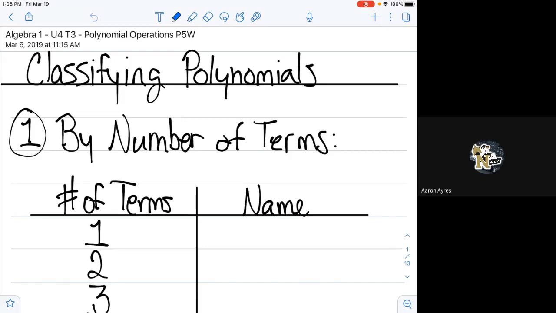Before we can do that, we need to get some language down about how to discuss polynomials, because this language is going to carry over to Algebra 2, pre-calc, and calculus and all those wonderful things you have to look forward to in your next four years of high school. So the language is going to be consistent. So we have to take a look at a couple of these things. We can classify polynomials